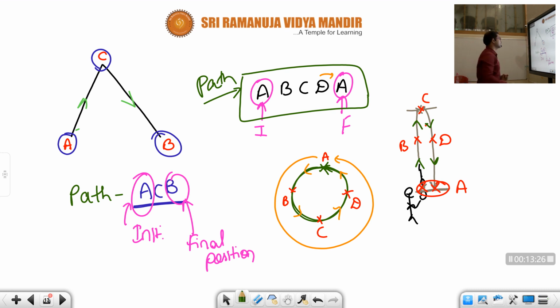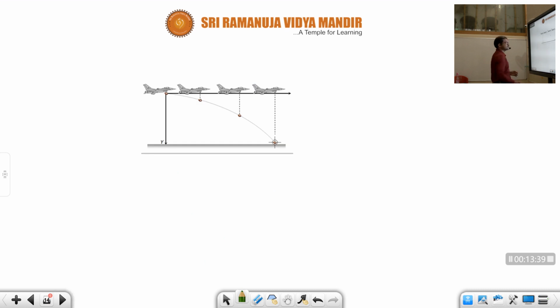Children, this concept is very important. I am using this concept in displacement also. I am going to apply this even in displacement. Very, very simple actually. See, children, in this diagram,